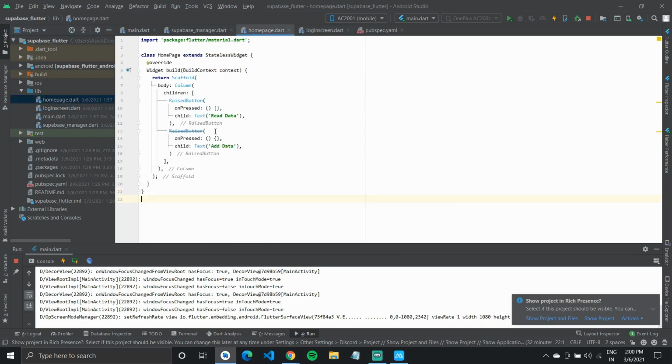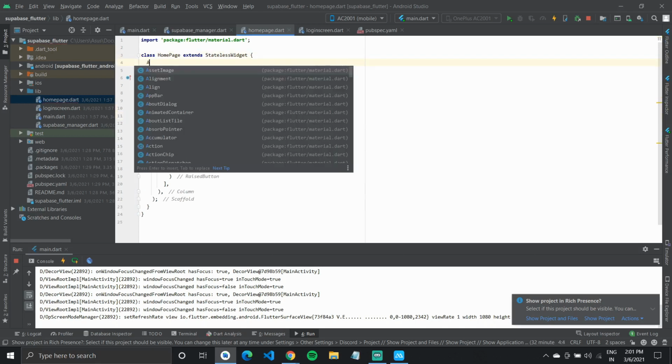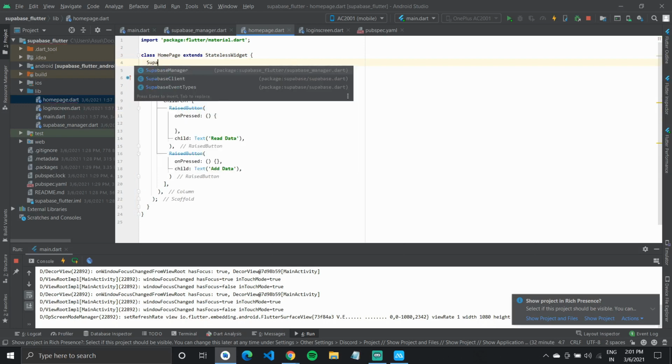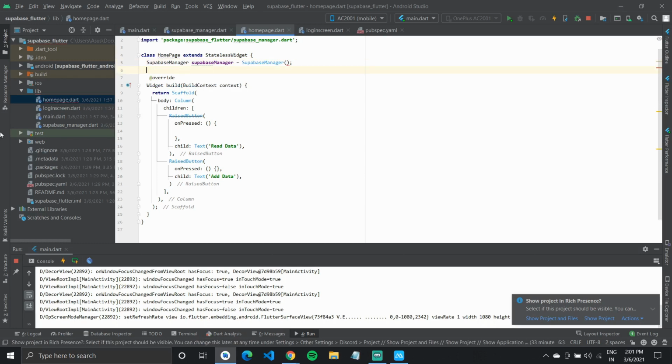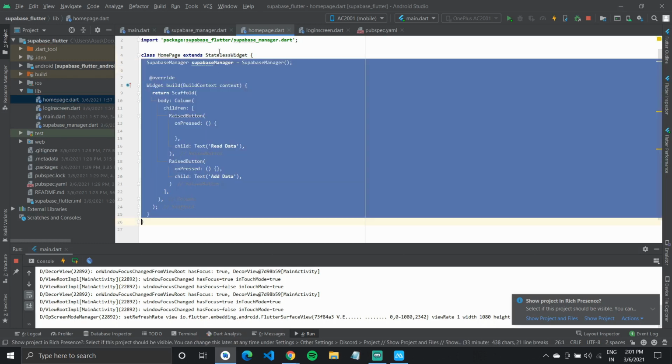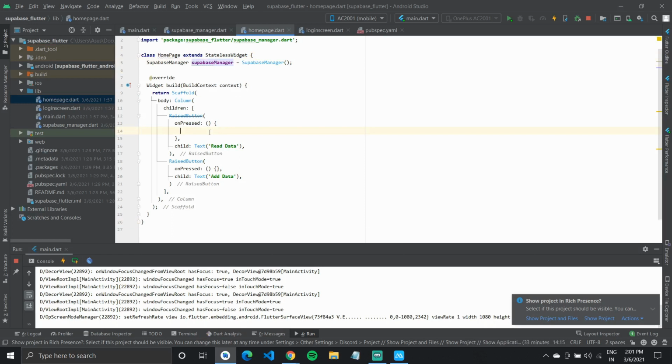Go back to our home page, and in this read data, first I will create an instance of Supabase manager equal to Supabase dot get data. So this should get data and print it to the console.